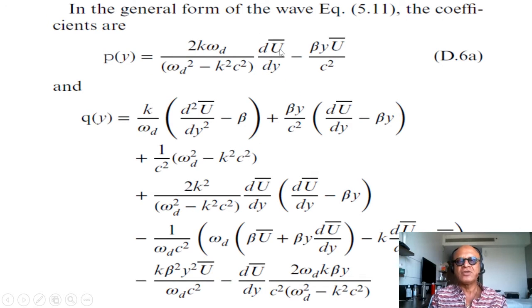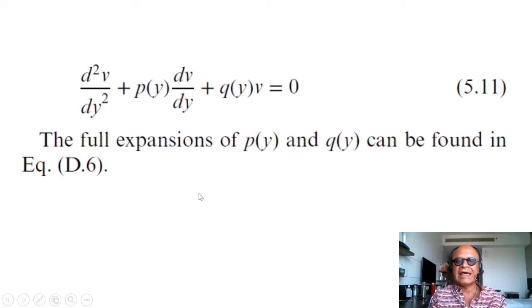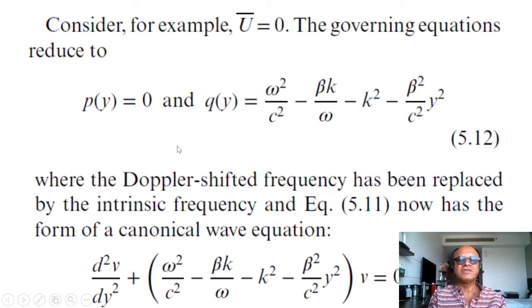background flow in it. So if you set the background flow to 0, you're going to get this to be 0, but this is still going to be alive. That gives us this equation. If you set u bar equals 0, no background flow, which means the meridional slope of the sea surface height is removed, then Py equals 0. Qy is omega squared over c squared minus beta k over omega minus k squared minus beta squared over c